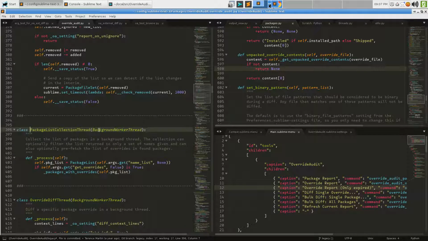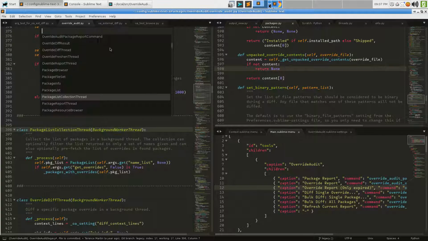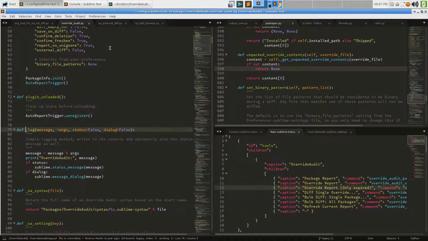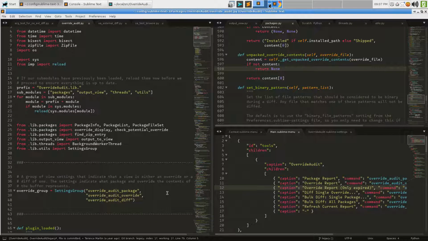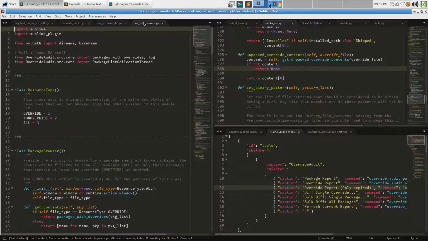Where are we stored? We're in override audit. Okay, I would have guessed that's probably the case. Log is an underscore type thing, huh? Wonder what I was doing there. Anyway,